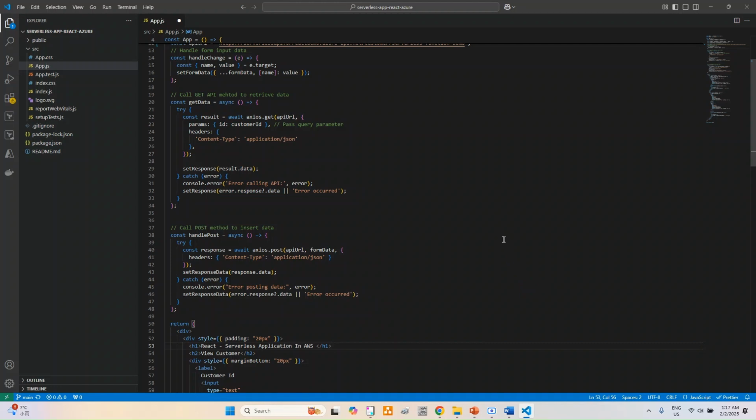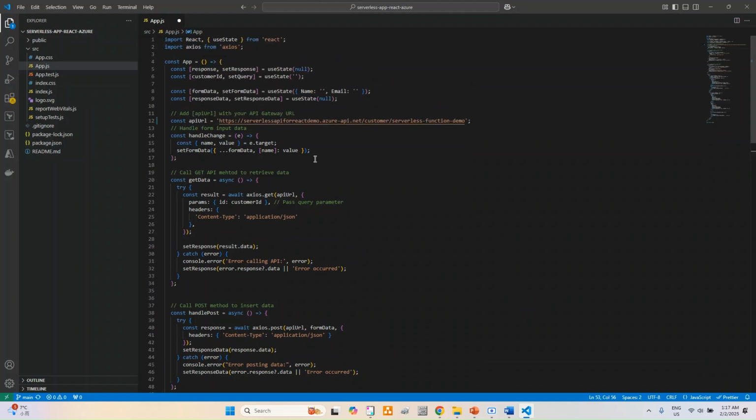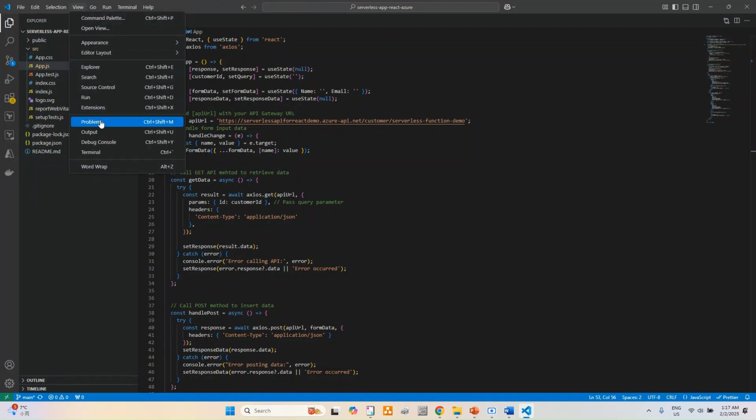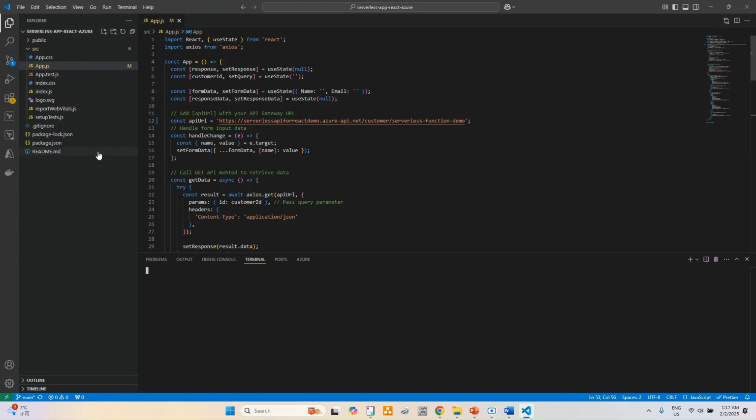Before deploying and starting the React app, please do not forget to save the file. Since we have replaced the API URL, we need to save the file so that the API URL will get reflected. Okay, so I have saved it. Now let's go to the view menu, open the terminal, and